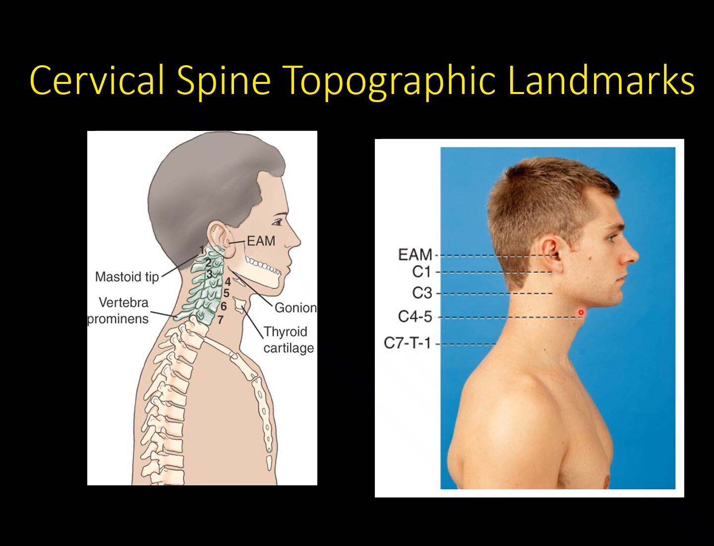And then C4-5, on boys, it's super easy to see because it's at the level of the thyroid cartilage, so your Adam's apple right here. You're going to be able to see that pretty readily. And then down to C7-T1, that is at that palpable vertebral prominence, number 7, also right where the neck meets